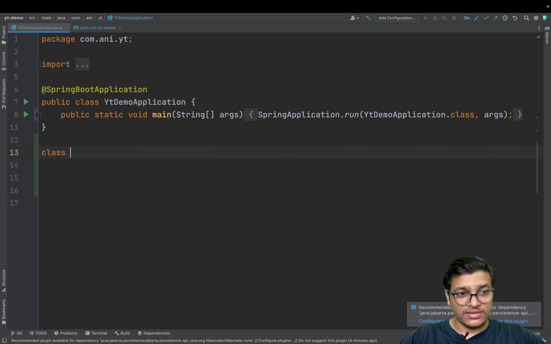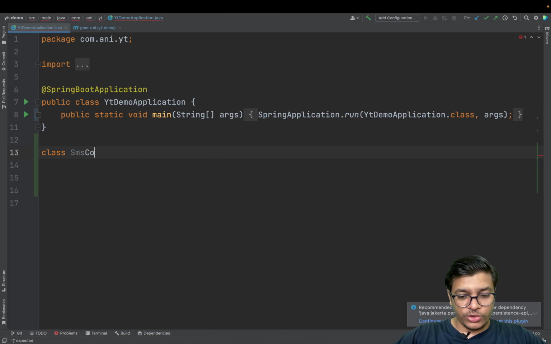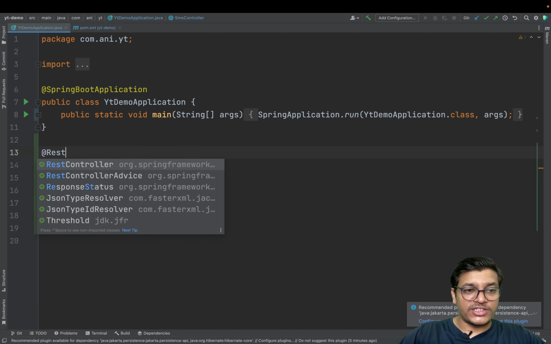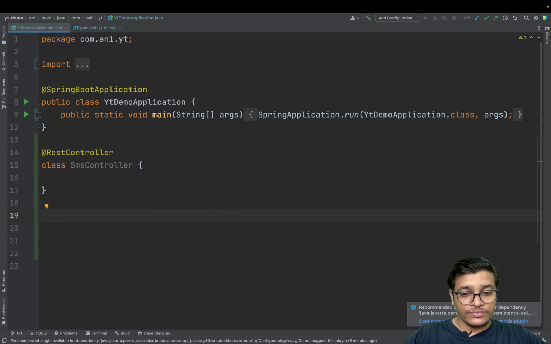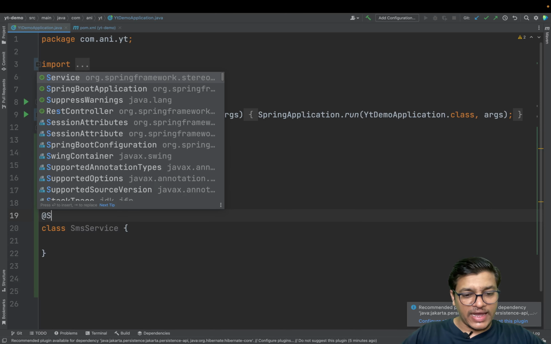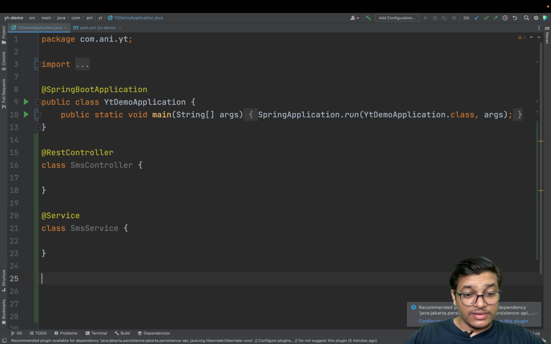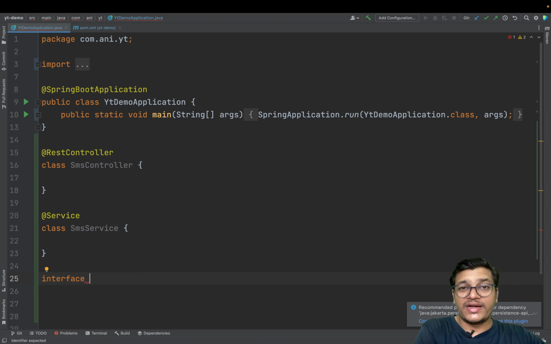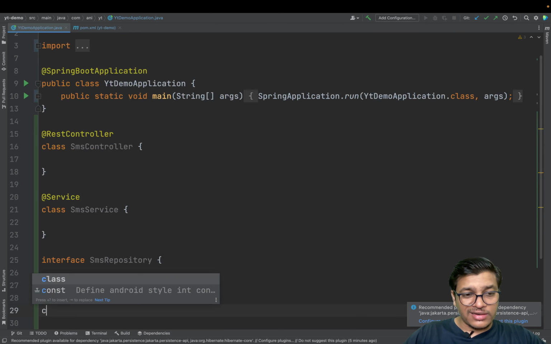Now see, I'll create another class and I can call it SMS controller. So this class, I'm attaching @RestController. I'll explain all this hierarchy. Then there is a class which we can call SMS service, and I can put @Service over here. Then one interface. For just understanding purposes, I am writing it in one file, but technically you will write this in a separate file. You can call it SMS repository, right, and the actual class SMS,